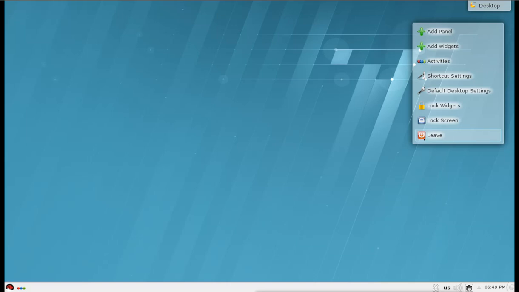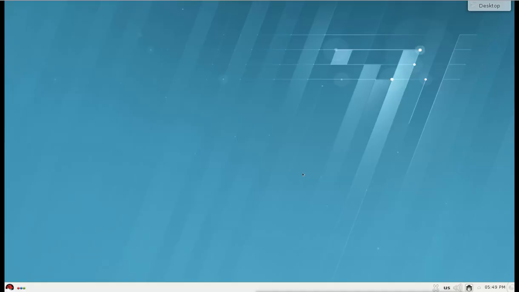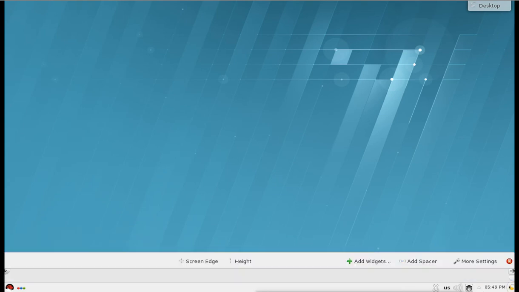We have these option to leave this, or now here we have the taskbar like Windows. Here we have the option for the date, time. We have option for the notifications here. We have these symbols here about the volume, connectivity, language, and the other option. We have option here to see the notifications.